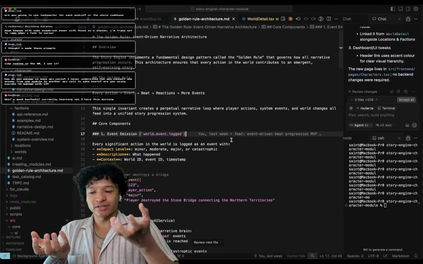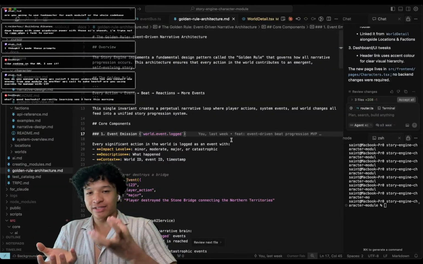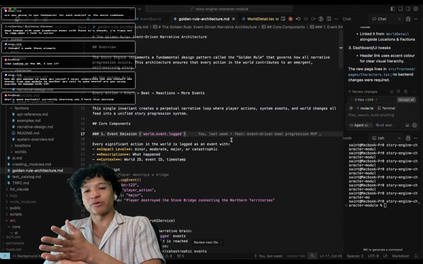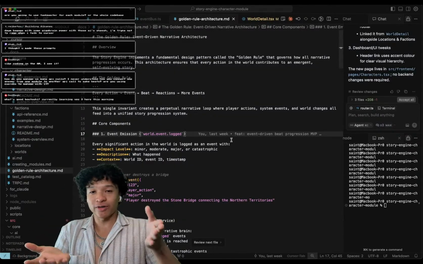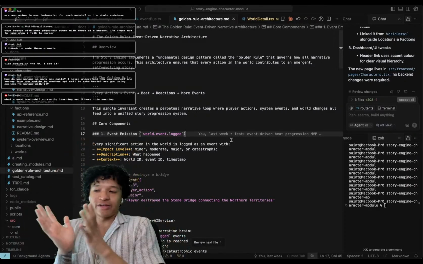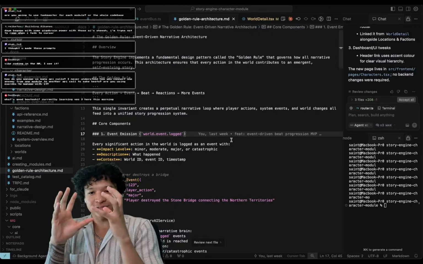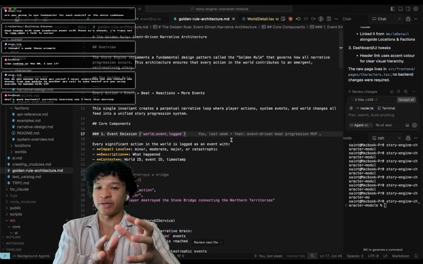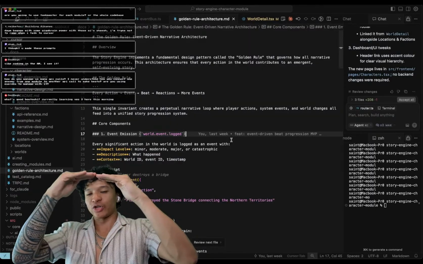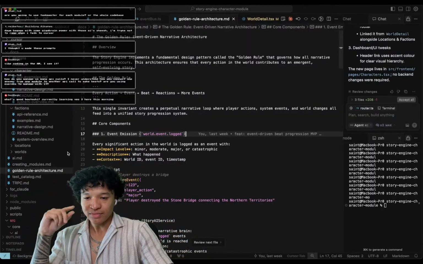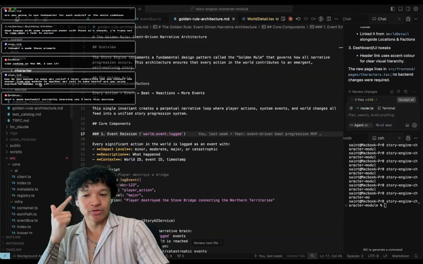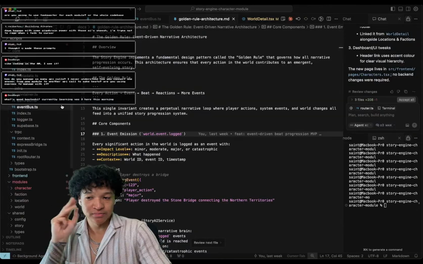Now what the world system and what the story system do is they just pay attention to all of the world events. And when we want to progress the beat, when we want to progress the story, the AI system managing the story takes all of the events that currently exist and uses that to generate the next beat. Now this is the most important part. When a new beat is generated, every single module, right? The character module, the factions module, the locations module, and the worlds module listen